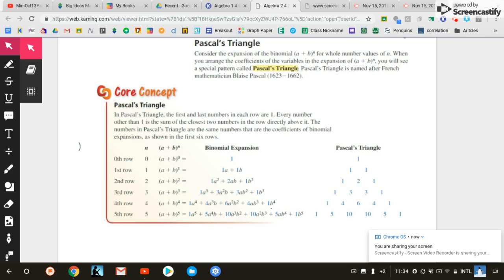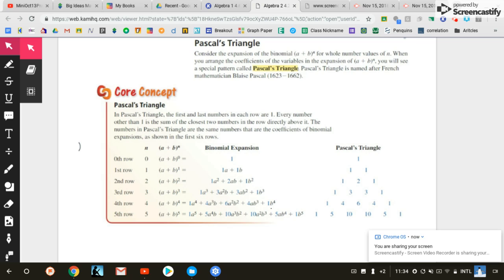The last thing that we need to talk about is Pascal's triangle. So, Pascal's triangle was created by Pascal, and what he did was he realized that when you expand binomials, there's actually a pattern